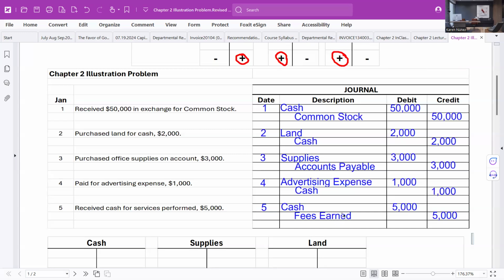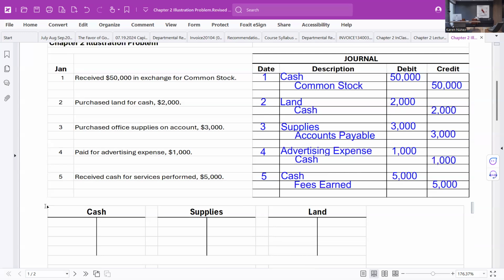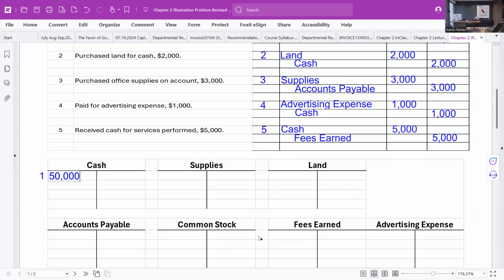And then the next step is to record the transactions in the accounts, the T accounts. So on the first, we have a debit to the cash account. And I'm going to use some notes so that we have a link back to each transaction that I'm posting. So I'm just making a note of the date over here in the margin. On the first, we've got a debit to cash for $50,000. And on the first, we've got a credit to common stock for $50,000. So a credit to common stock for